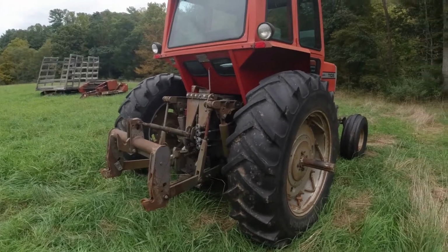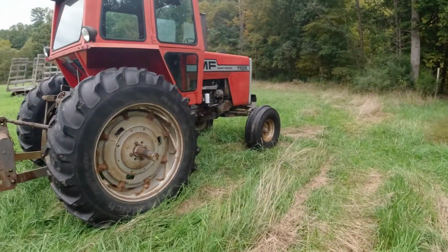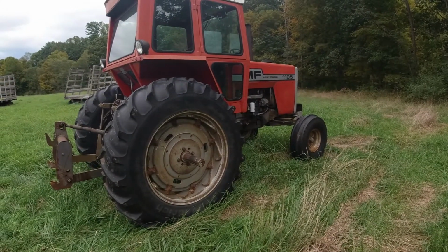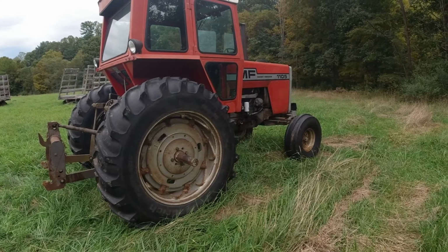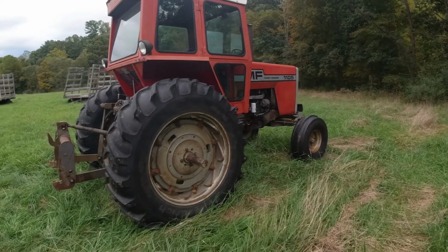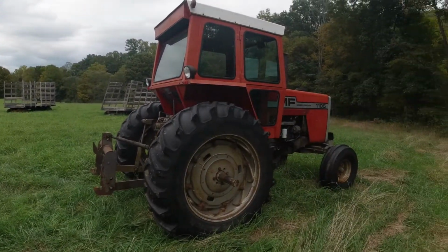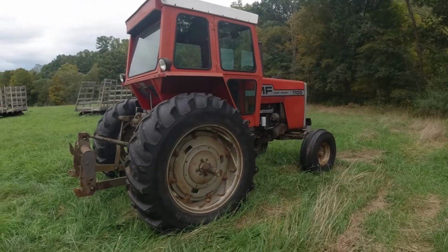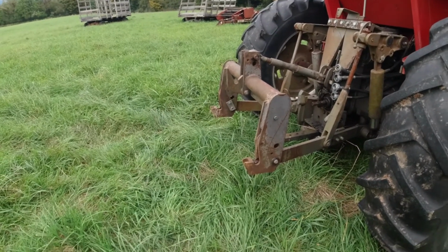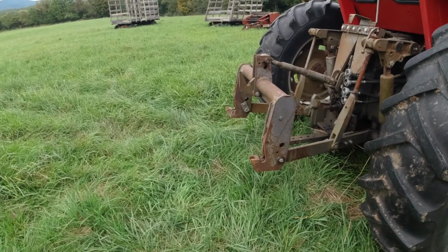I kind of feel like you need to run these tractors at least once a month to keep the seals in place and lubricated and all of that stuff. And so a 15 foot Batwing would be really nice. I mean, even out there where I was mowing, it's a big enough spot for a 15 foot. So the other type of bush hog I'm looking at is a 10 foot rigid 2-spindle